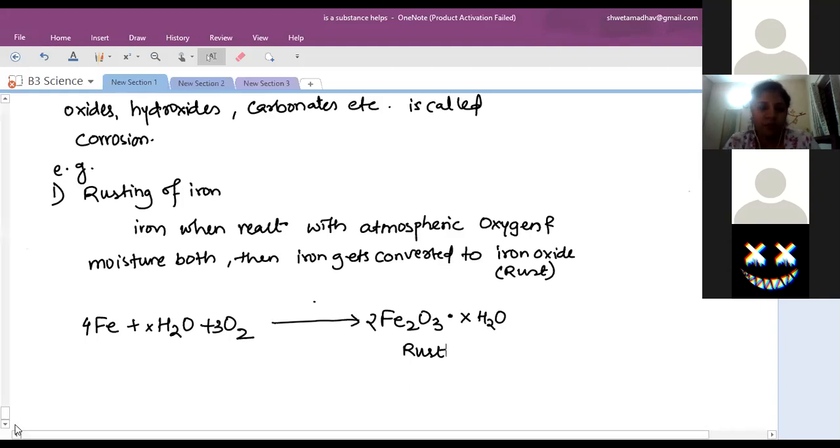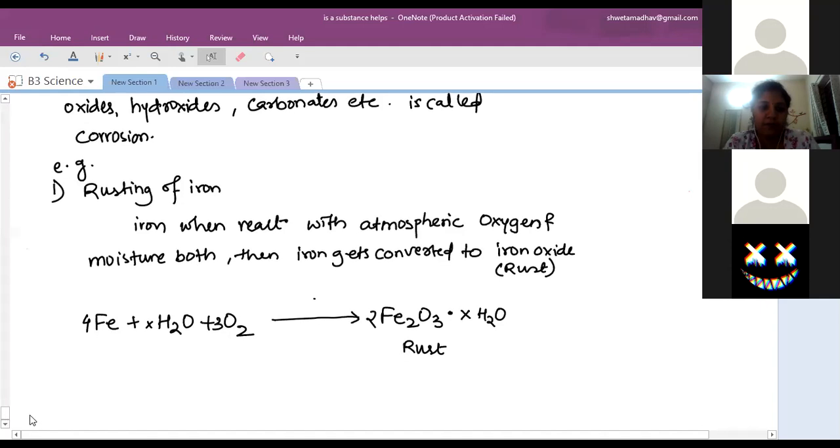Ma'am, I have a question. Can rusted iron be melted again to form other things? That was the problem. No, it cannot be. Iron oxide cannot be converted back to iron. It cannot be recycled back to iron. So this is a permanent change. No other change can reverse it. No, it cannot be reverted back.